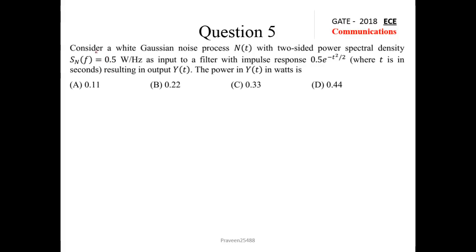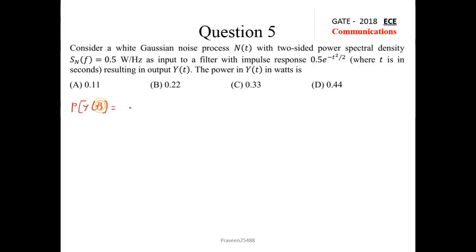So here is another problem. Consider a white Gaussian noise process N of T with two-sided power spectral density Sn of f as 0.5 watt per hertz as input to a filter with impulse response 0.5 e to the power minus t square by 2, resulting in output y of t. The power in y of t in watts is? So calculate the power in y of t,